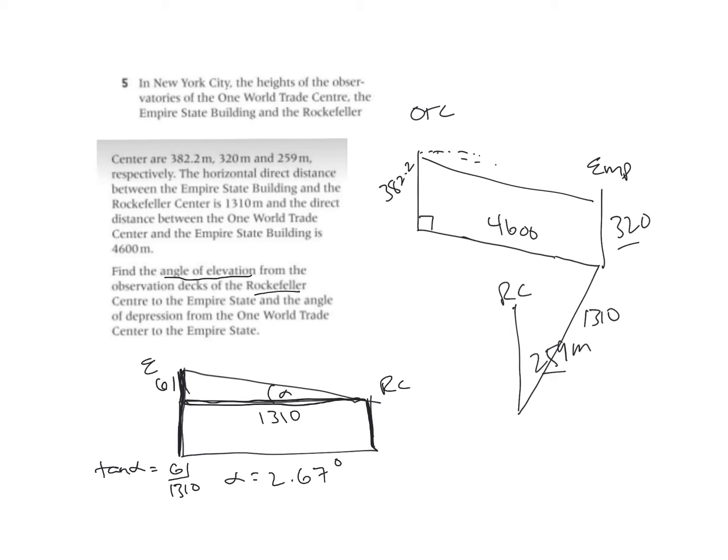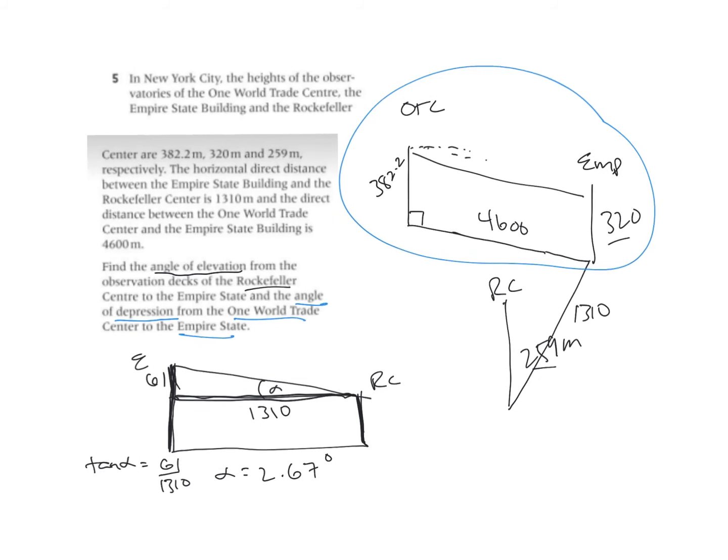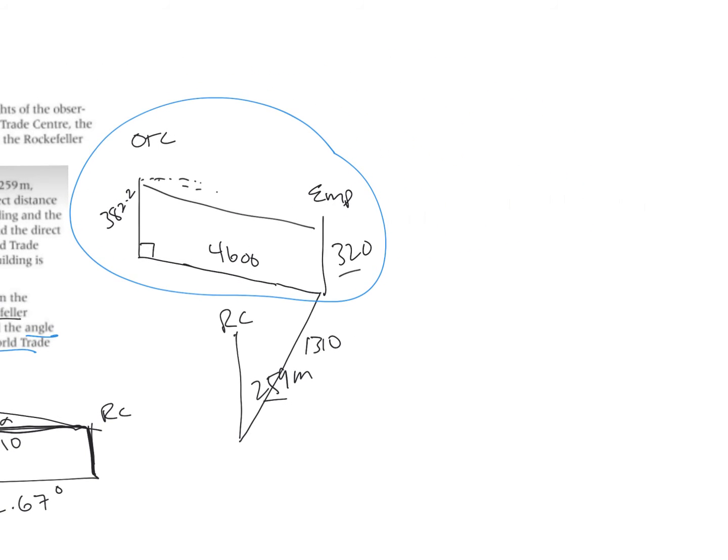Now, when I want to turn around and do the second part, it wants the angle of depression from the One World Trade Center to the Empire State Building. Now I'm looking at this scenario here. And so if I take a look at that scenario, again, I'm going to go, well, here is my